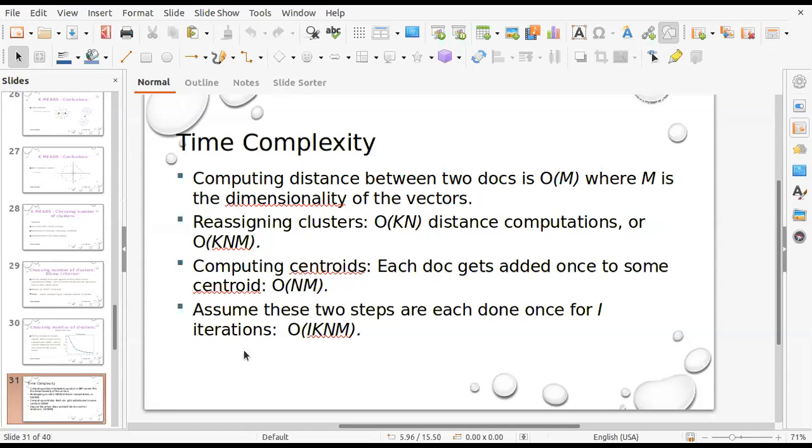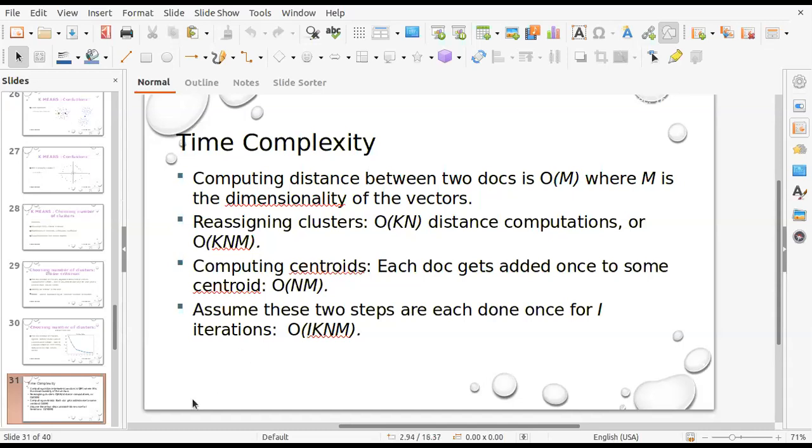If you have two points, and every point has a dimension of m, then computing the distance means subtracting one from the other and then taking the square of it. Because you have an m-dimensional point, the complexity will be big O of m.